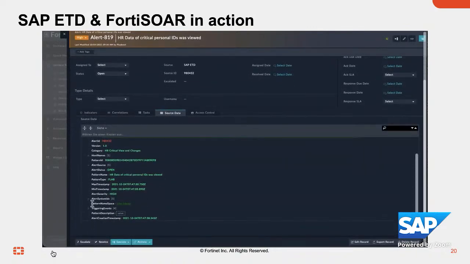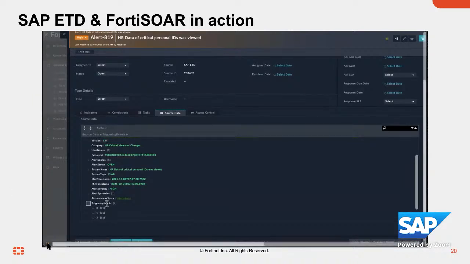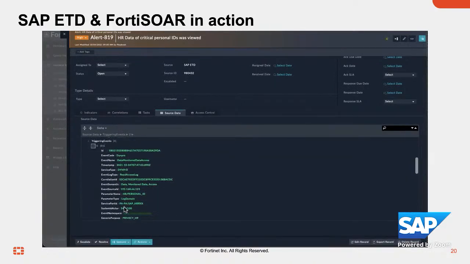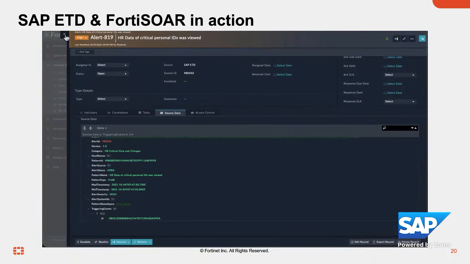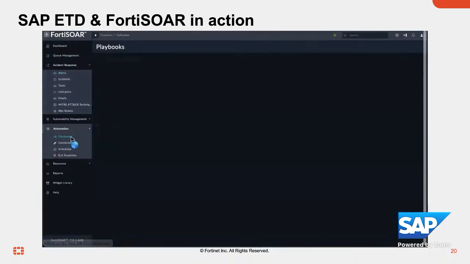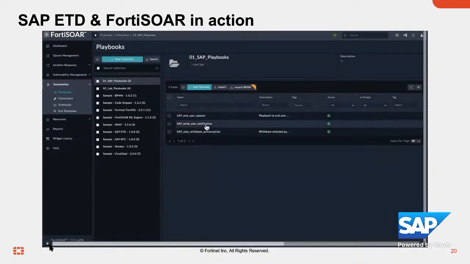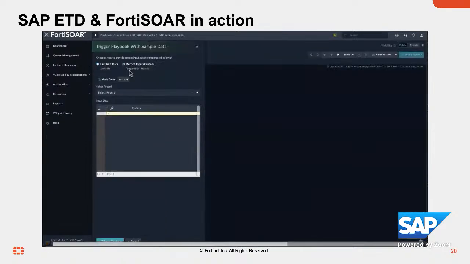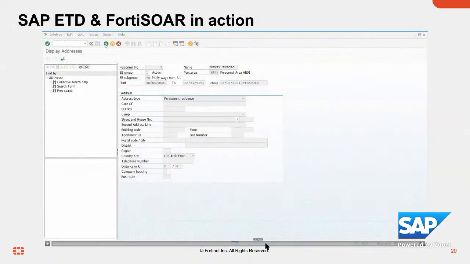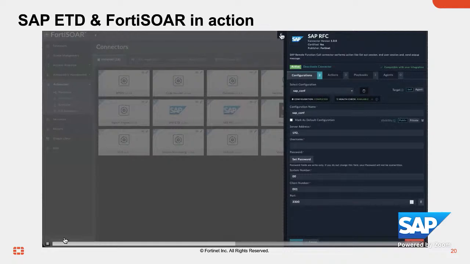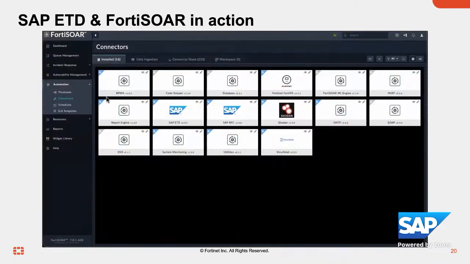When we now move on to the alert section within FortiSOAR and search for the specially found HR alert, we can see all the same information we got from the SAP ETD, the same information you already saw before. So we have exactly the same data, and everything is already right here for the network security operations team, also the correlating events and everything which is necessary. And just for demonstration, we will now execute some playbooks. A playbook at the end is nothing else than a strictly defined standard operational procedure, which allows you to follow predefined steps which need to be taken to remediate this action or that incident, for example.